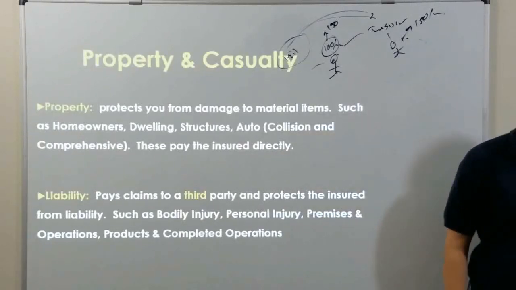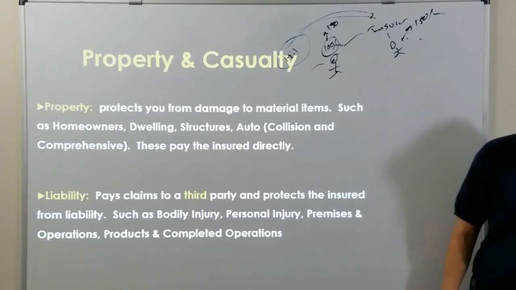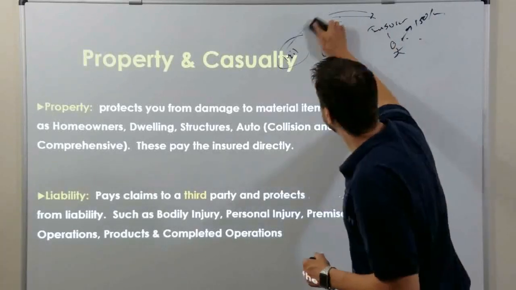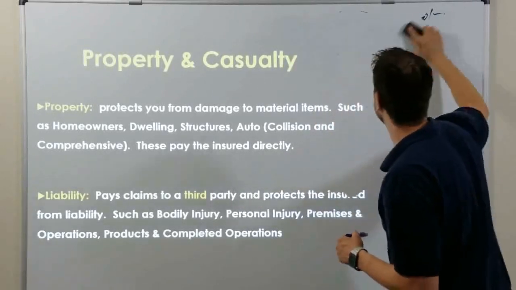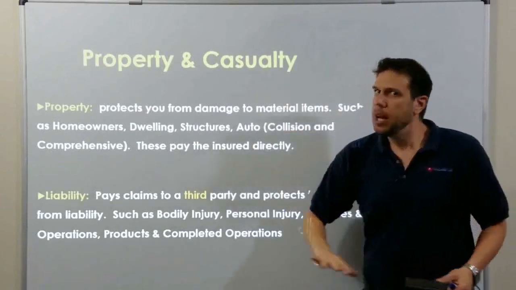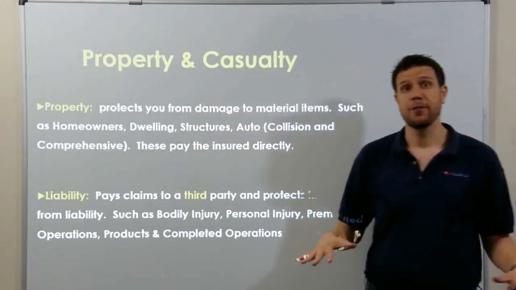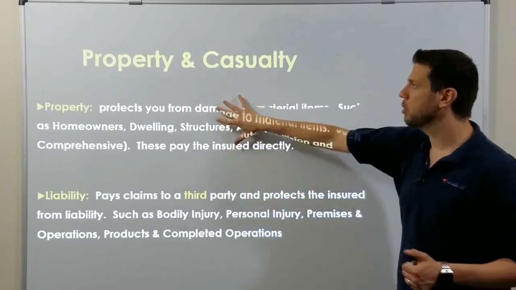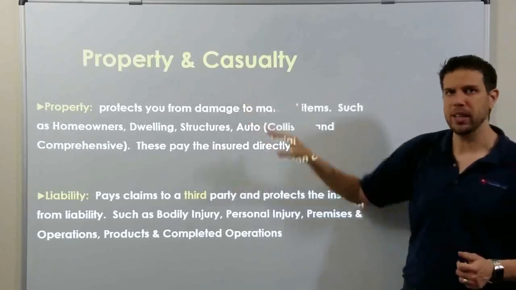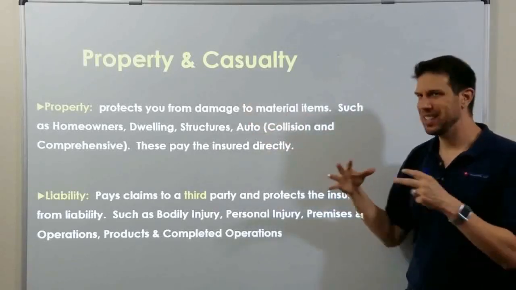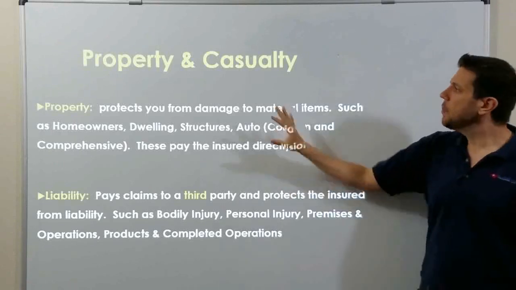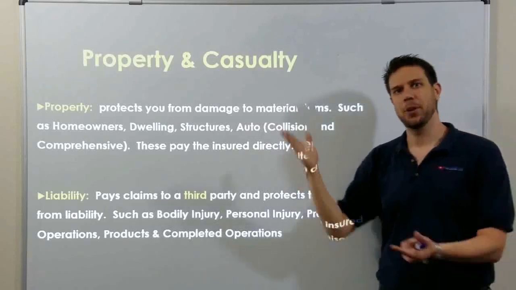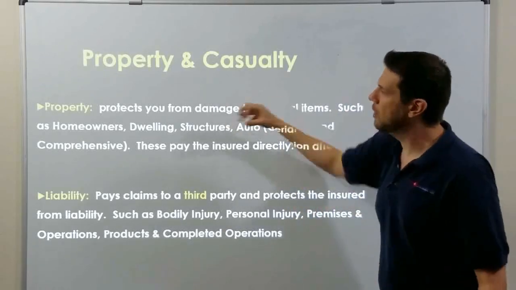Now this next definition is very important. This is the whole reason for your learning. You are learning to become a property and casualty insurance agent. Property insurance insures stuff. So like this marker is property. Your car is property. Your house is property. Property insurance insures items, things. Property insurance is known as a first-party claim because if your house burns down, it pays you directly.